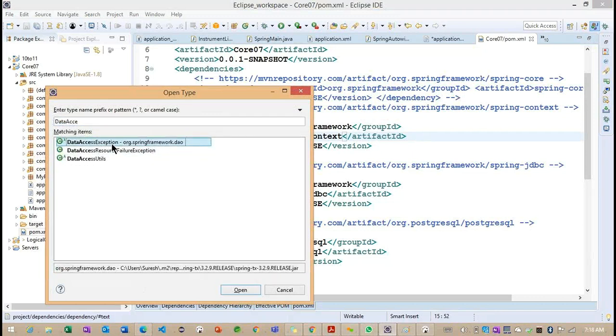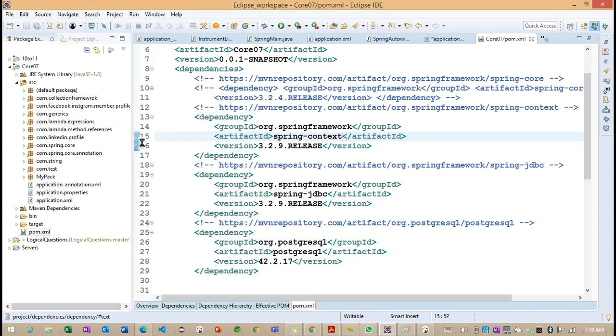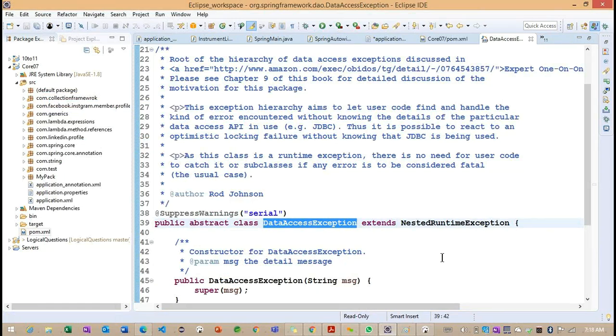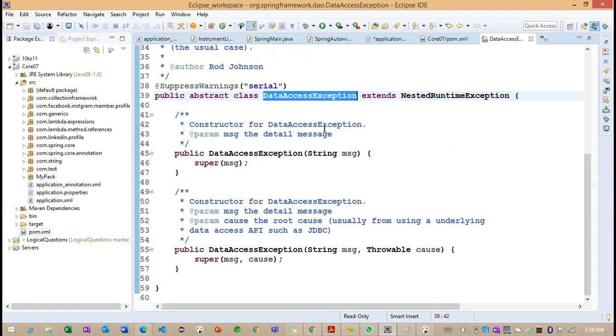Observe here, so data access exception. Getting the point. So data access exception. This is also one of the unchecked exceptions. Which package is it coming from? Now you can see org.springframework.dao. Inside this particular dao package, they implemented one exception class called data access exception. Basically, this is the main exception class in our Spring JDBC, right? And this exception is extending from the